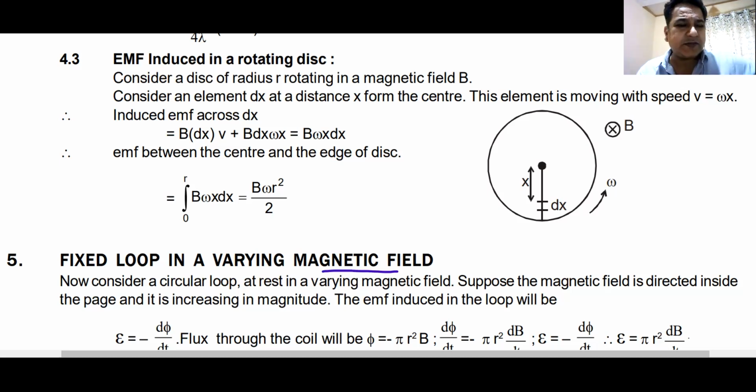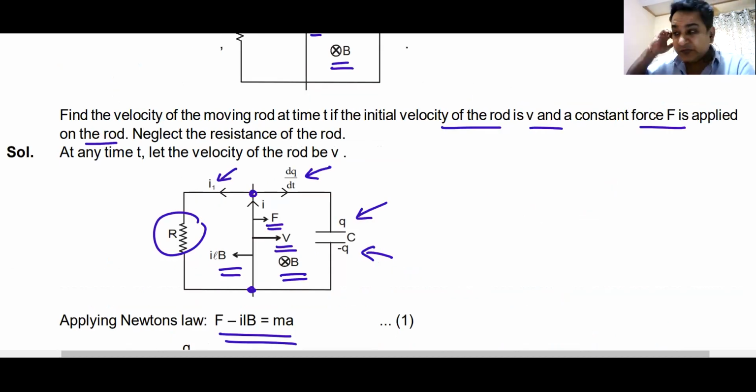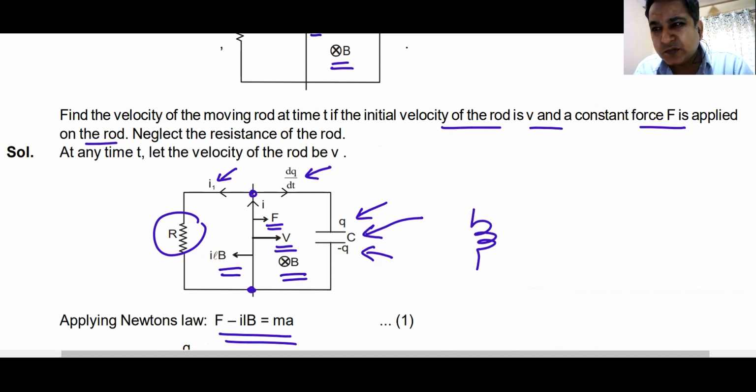We have done almost all types of questions that were possible for me to do. There can be more questions, but if you can do these many questions that we have discussed, we have covered almost everything. The only question we have not covered is, instead of a capacitor, we put an inductor. I think you will find that question in SCV or somewhere. If I get that question, I will do that question as well. I'll see if I get it, but I have to find out. So the only question that we have not done is, instead of a capacitor here, I put an inductor here.